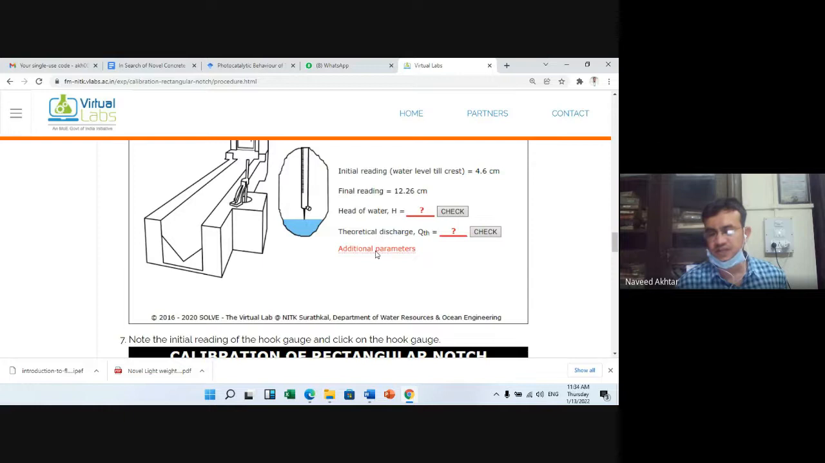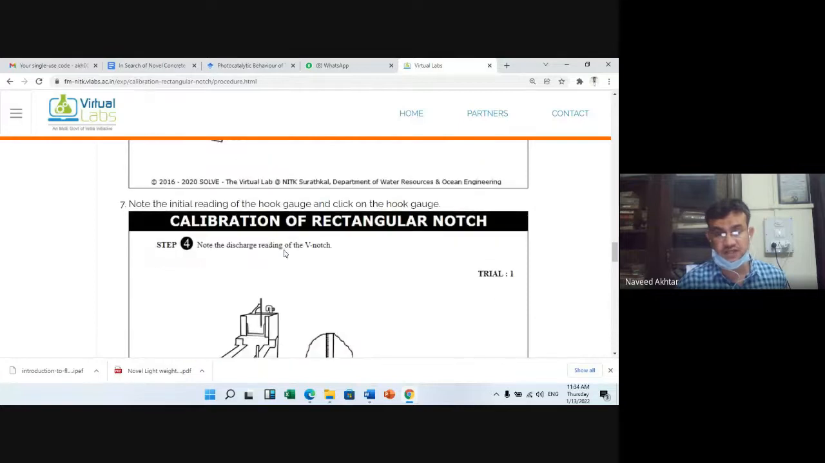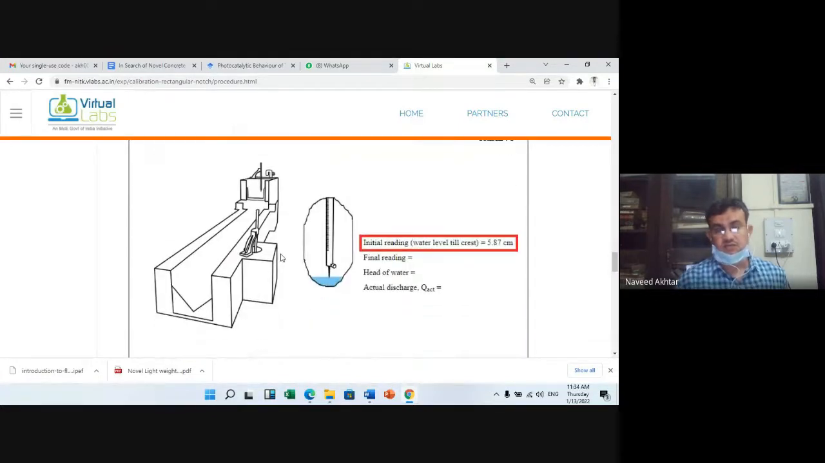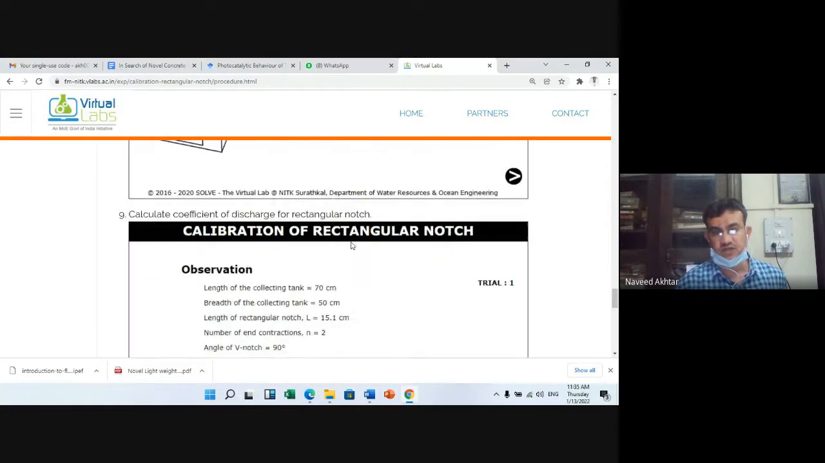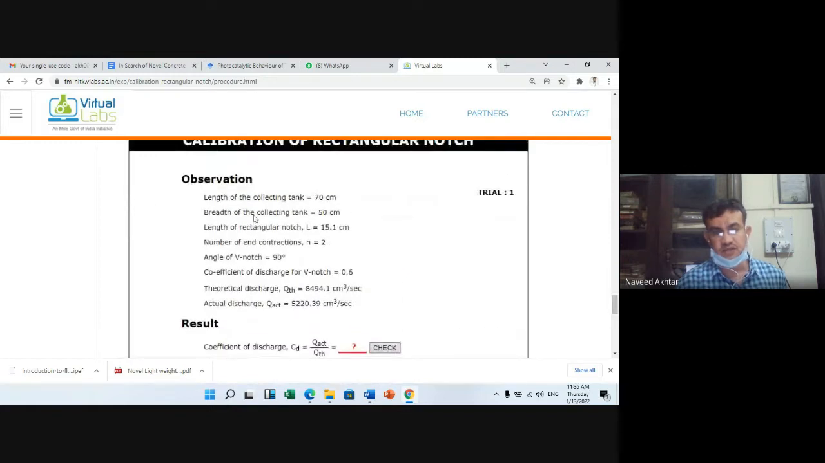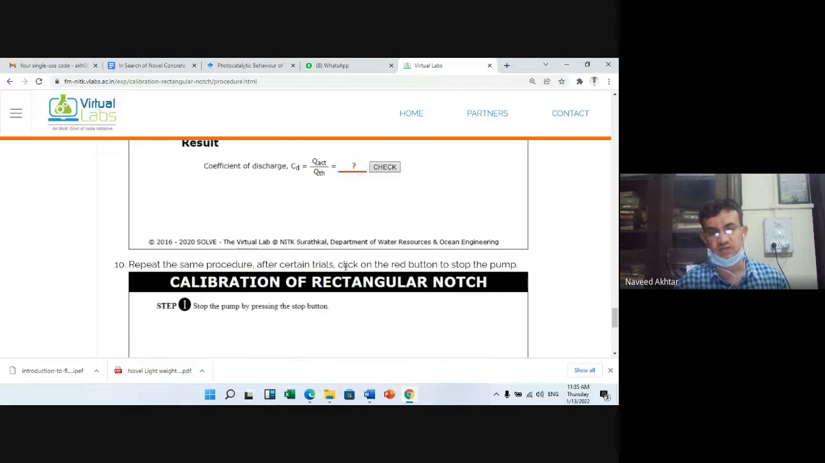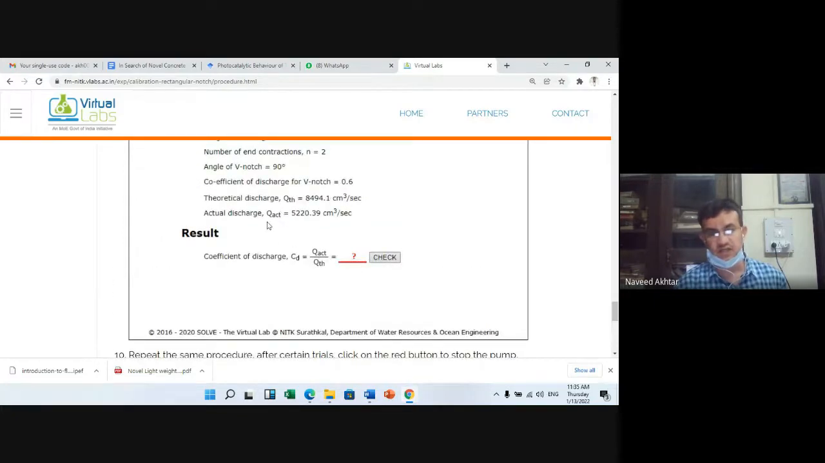discharge. So CD, the coefficient of discharge for the notch, is 0.6. Similarly, you can find out the initial and final reading, put the value, then find the length and breadth of the tank, so you can find the area. The length of the rectangular notch is 15.1 centimeter, which you have converted into meter. Number of contraction, angle of notch: it is a rectangular notch, so you can find the theoretical